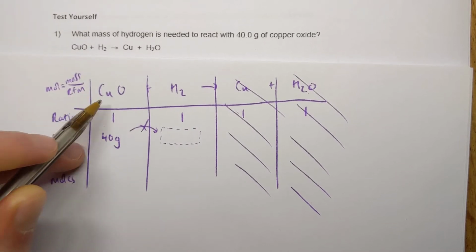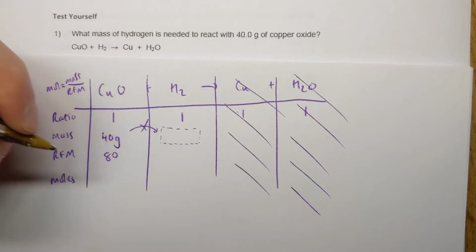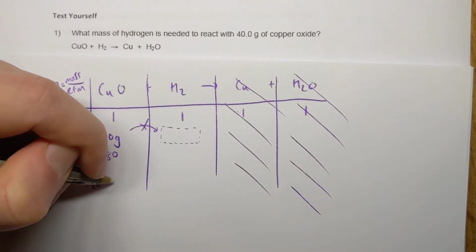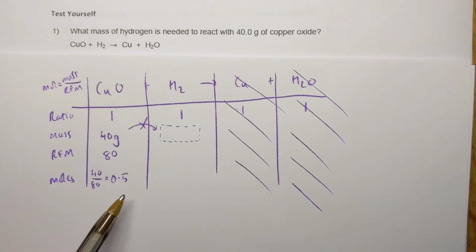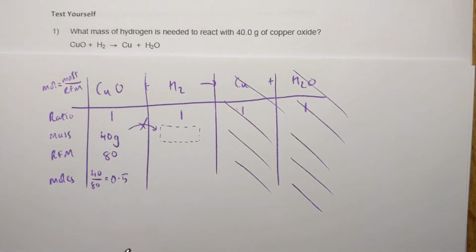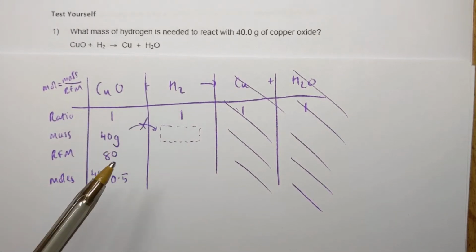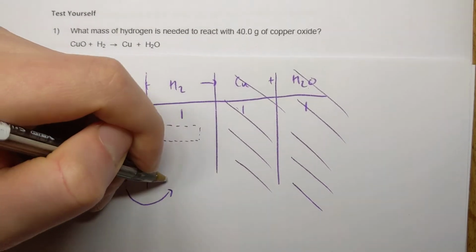So I need an RFM: copper 64, oxygen 16, add in the calculator, that's an RFM of 80. Therefore the moles becomes 40 divided by 80, which is 0.5. Once I know I've got 0.5 moles of copper oxide, now is when I use my ratio. So it says 1 copper oxide will make 1 hydrogen, therefore 0.5 moles of copper oxide will make 0.5 moles